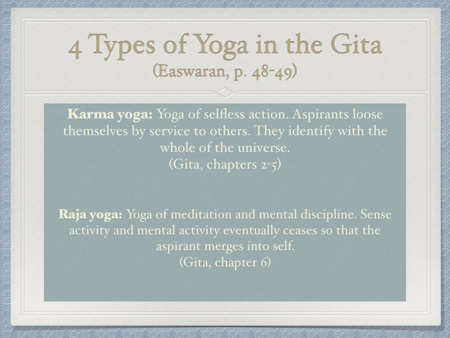The word yoga is used 4 ways in the Bhagavad Gita, and these are explained really well in the introduction to the Gita in the text that you have for this class, the Easwaran. The first is Karma Yoga. That is a yoga of selfless action. Yoga is about serving others, serving our community,